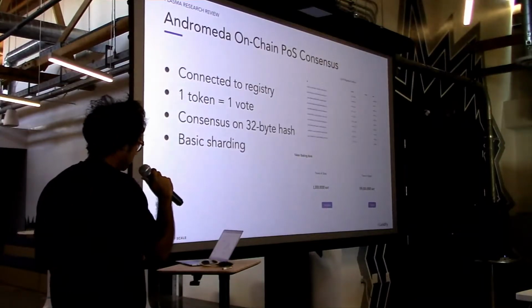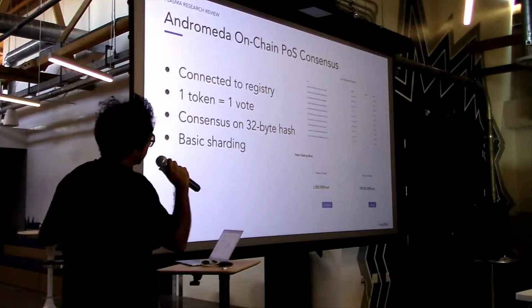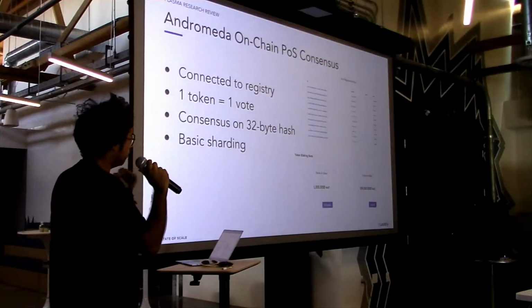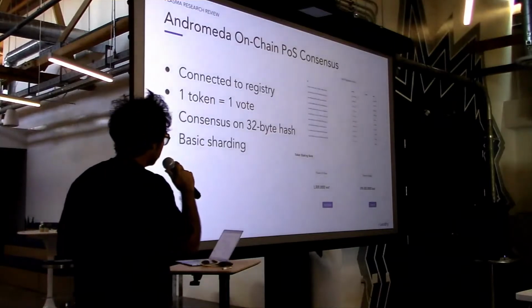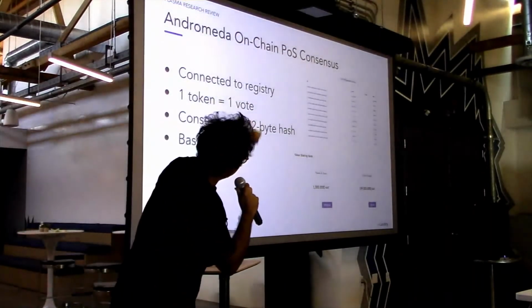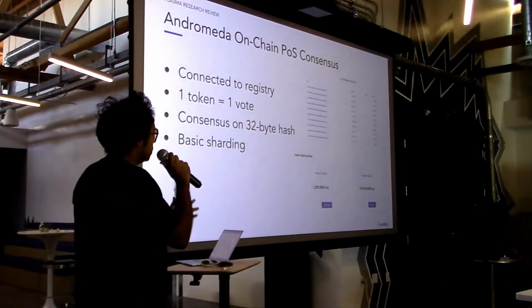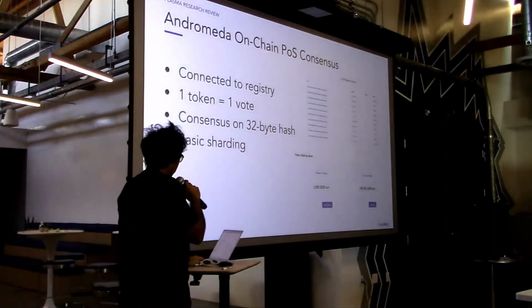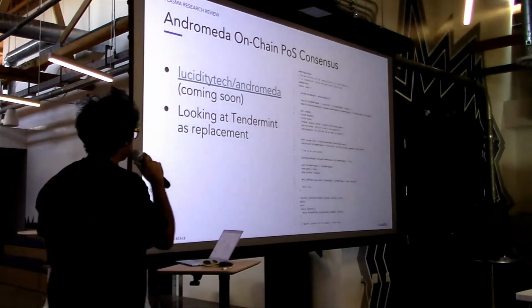So if you're a developer, what we do is we give you a framework very similar to Tendermint, such that you have a previous state, and then you say, hey, this is my new state, and then you as a verifier participate in consensus on that state. And we're going to open source that. It also supports basic sharding. Verifiers can be divided into shards, and each shard has its own state. In our case it works very well, and I'll go into that in a second.